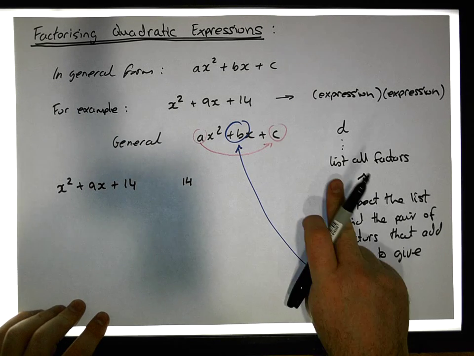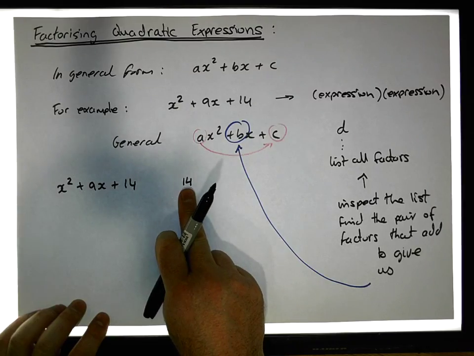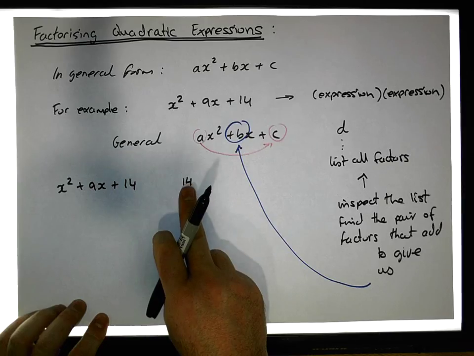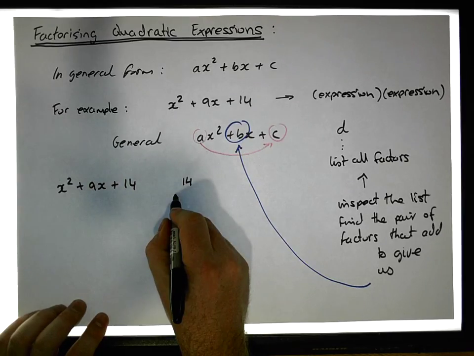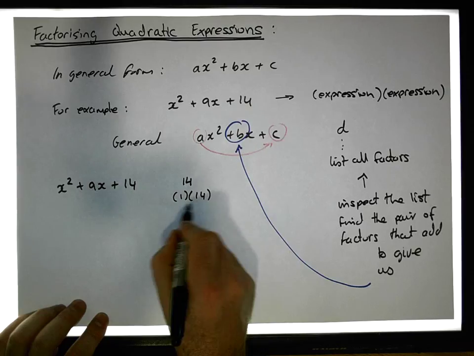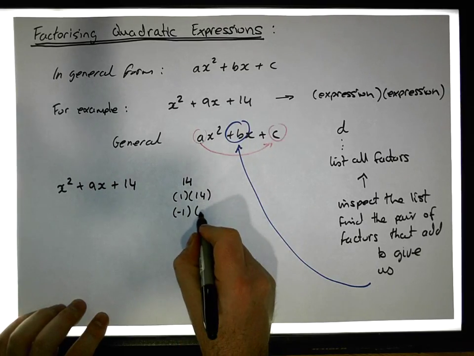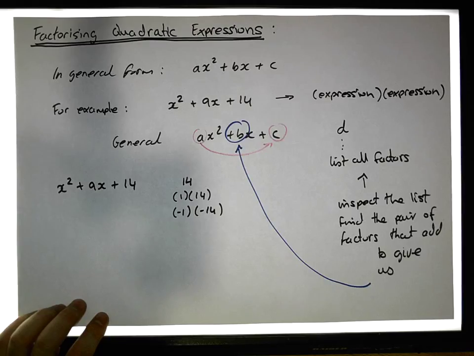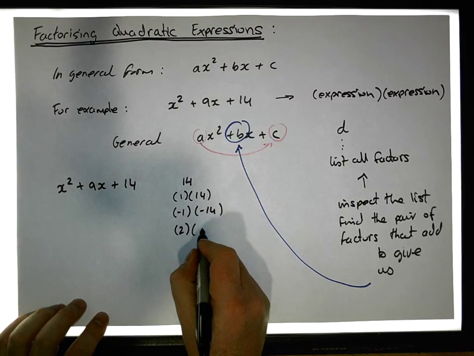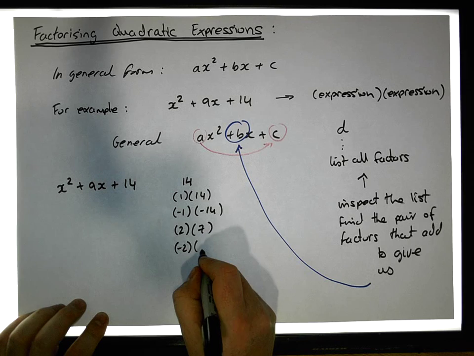Now what I need to do is list all the factors of d. This is a positive 14, so I need to list all the numbers that multiply together to give me positive 14. So I could have 1 times 14, which gives me 14. I could have minus 1 times minus 14, which gives me 14. I could have 2 times 7, which gives me 14. And I could have minus 2 times minus